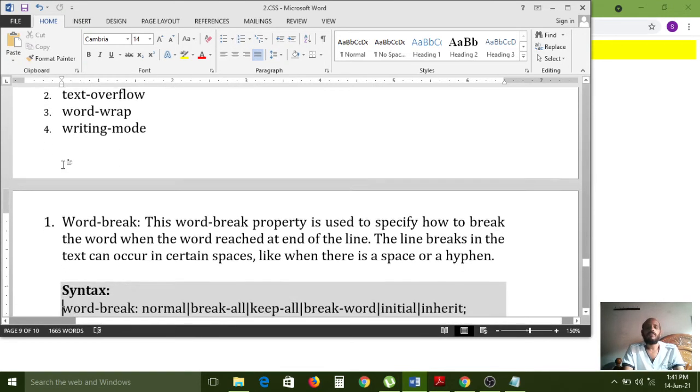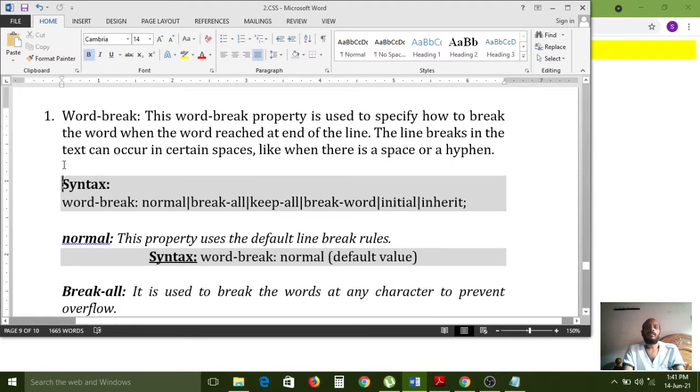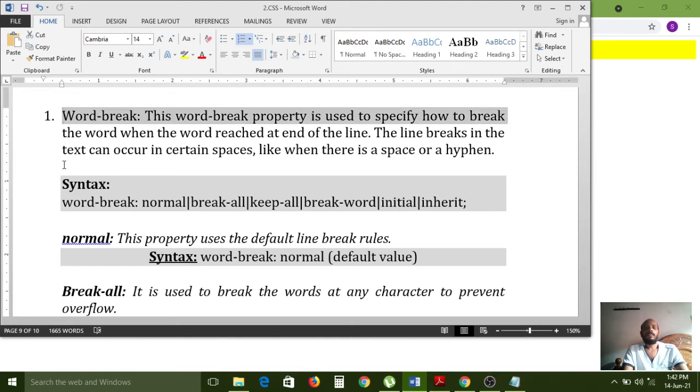In the text graphic concept, the first option we have to see in this session is word break. This word break property is used to specify how to break the word when the word reaches the end of the line.